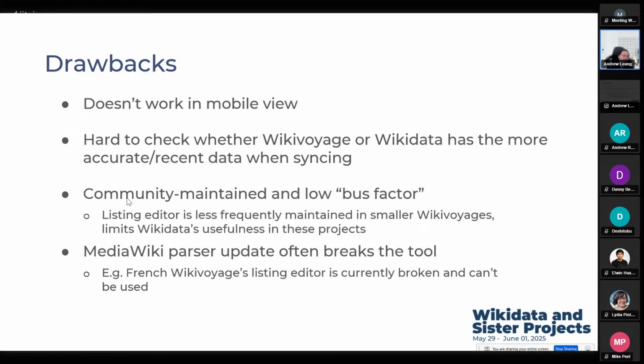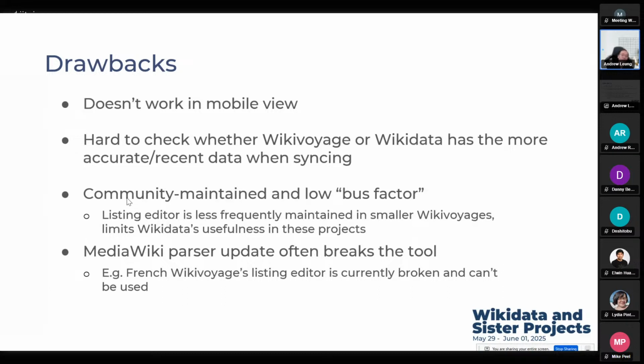It might also have some issues because now it's not maintained, and we noticed that in smaller Wikivoyages, i.e. projects that are not English, not Spanish, and not German, the editor tends to get less frequent updates, and this really limits the usefulness of Wikidata in these projects, whether it is these projects feeding data into Wikidata or Wikidata feeding information like coordinates and emails to these Wikivoyage projects.